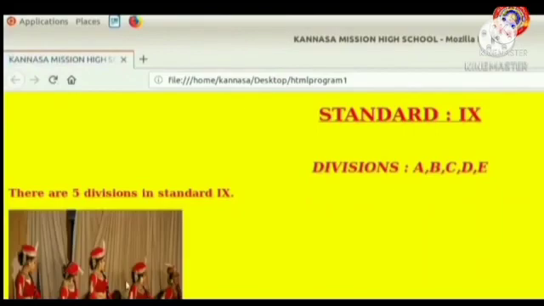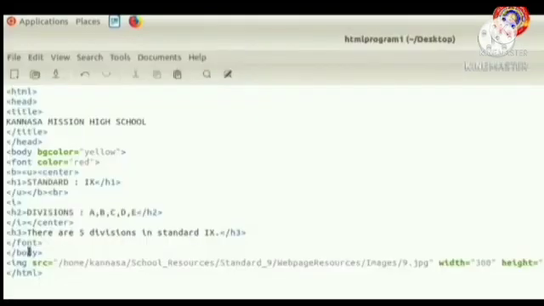Okay. Suppose we want this image in the center position. So what should we do? Yes, before the image tag, we should type the center tag. Okay, and we have to close it after the image tag. Here you have to note one point, that our image tag, IMG tag, only has an opening.